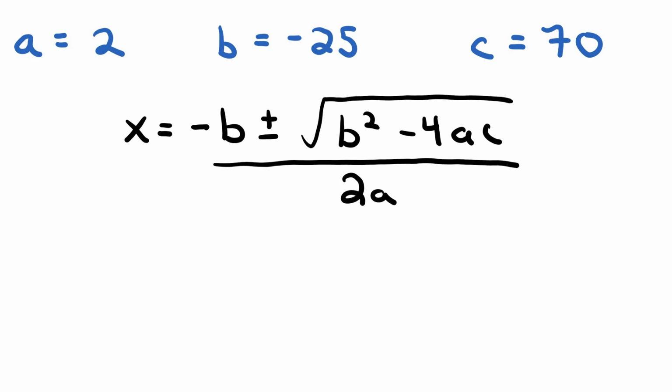Alright, so let's go ahead and plug the numbers in here. So x equals, alright, so now I have a negative sign and a negative 25. So 2 negatives gives me a positive, so 25